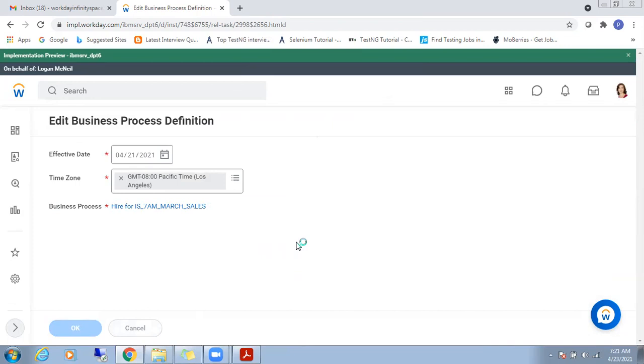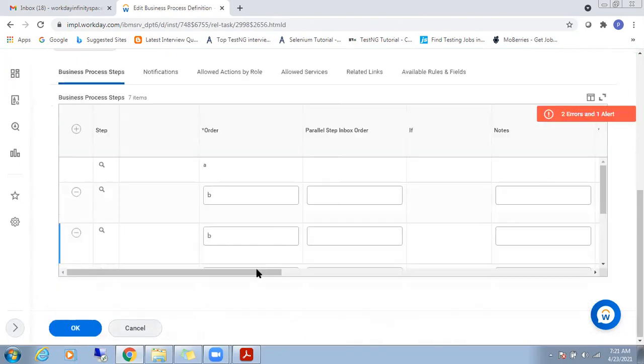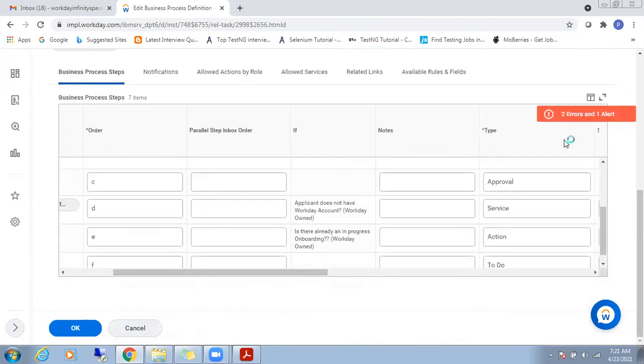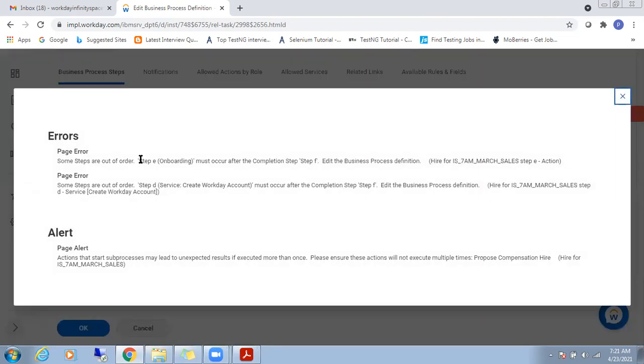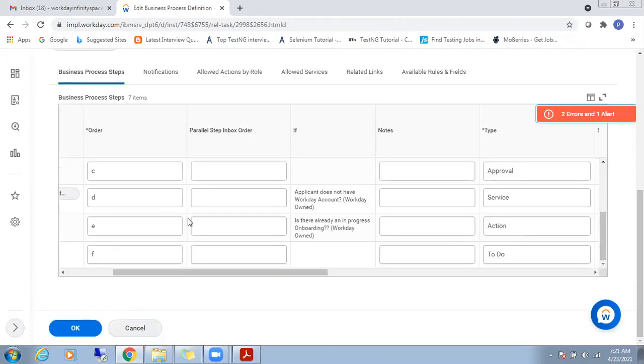I hope you're clear with the business process, right? I told you what the error is: Step E is out of order. Onboarding must occur after completion.